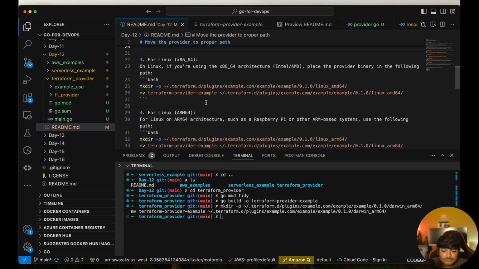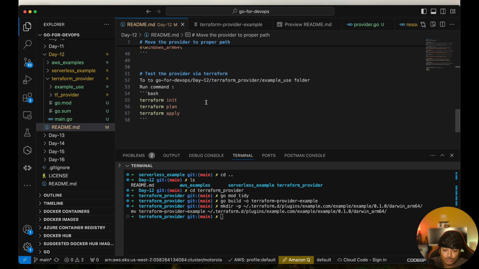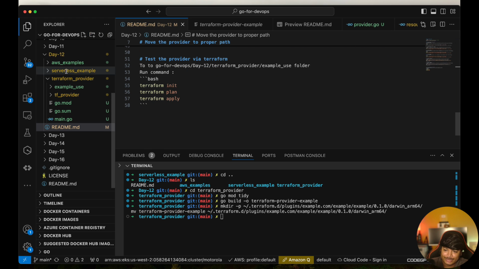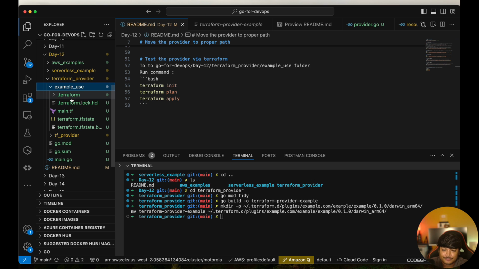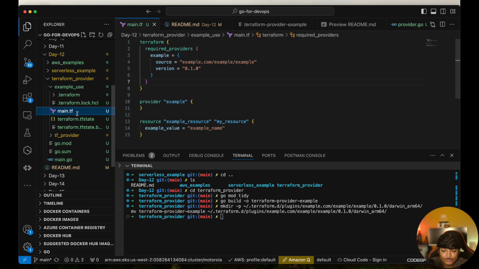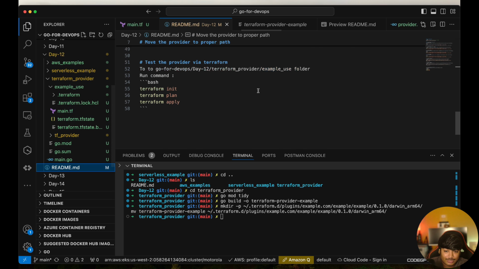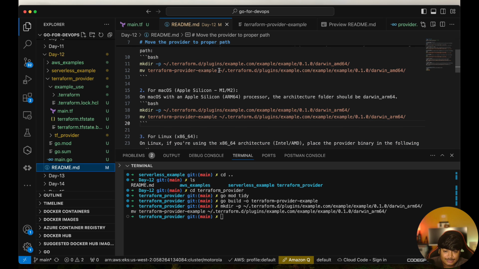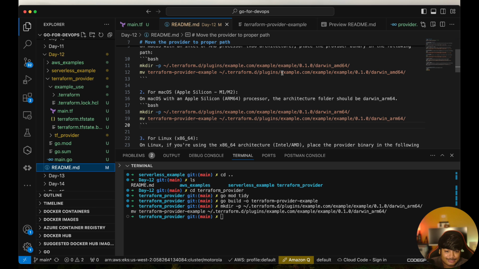Okay, now let's go to the main Terraform code, and I have given that also. So you can see example use, where you will see the Terraform code, that is main.tf. But what is important is this part. See required provider, for example, we're giving name as example, and source. This is important because if you see in the readme file, see terraform.d plugin, and this is the ID we